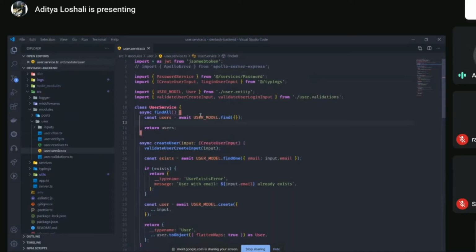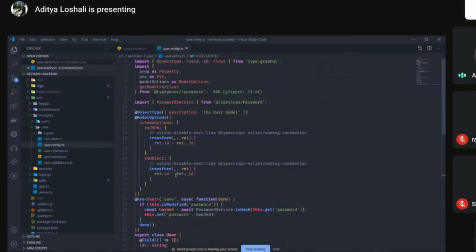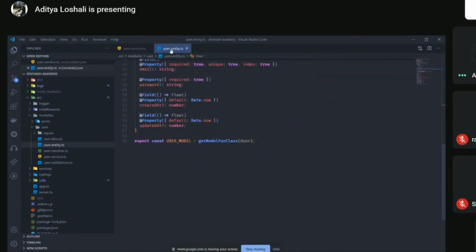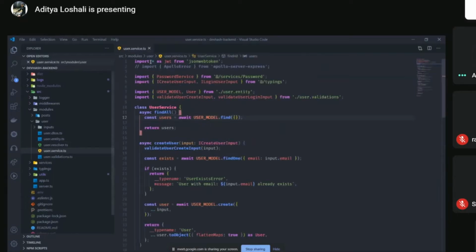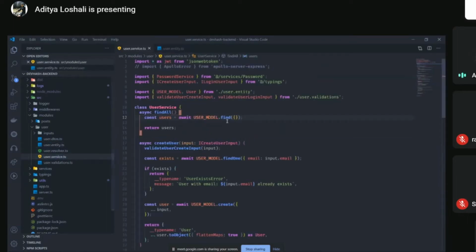Now, where is this database file imported from? User model. This is imported from that entity file. The entity file is where we are describing our GraphQL return type using the object type and the MongoDB model. We just export it from this file, get model for class, and we can simply use it here after importing it.